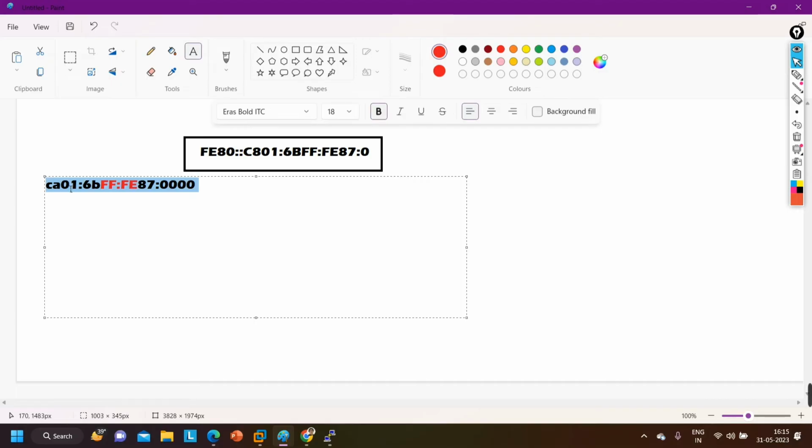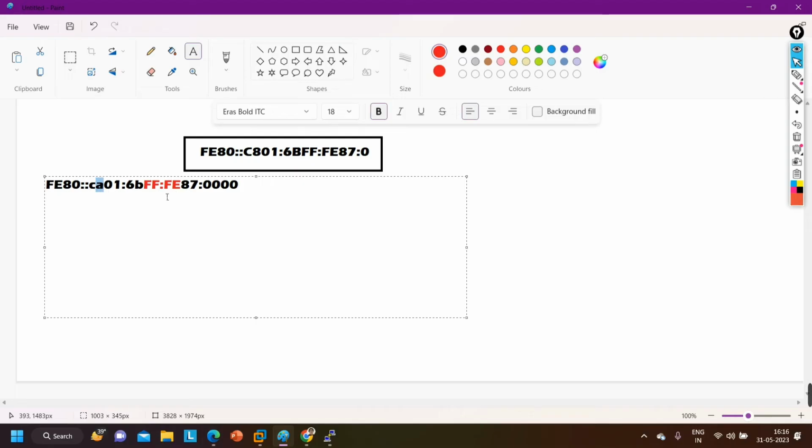To complete the IPv6 address, still more bits are required. See how many fields are there? 1, 2, 3, 4. Only 4 fields are there, right? That means 4 more fields are required, 16 multiplied by 4. So it is going to use the double colon. Here in the starting, first of all, it will put FE80, as I told you that your link local address will always start from FE80, and here it is going to use double colon. After that, in the MAC address,